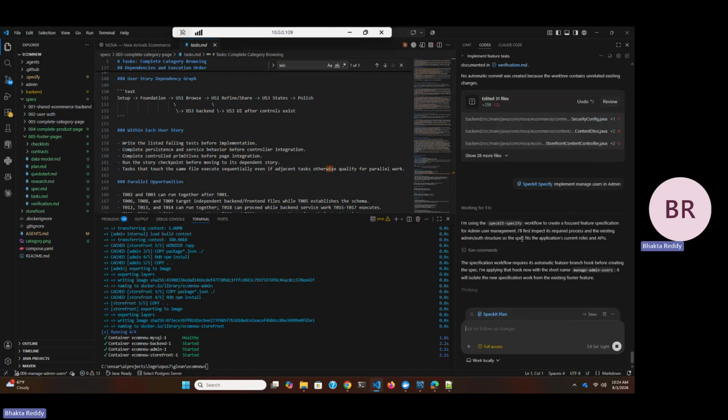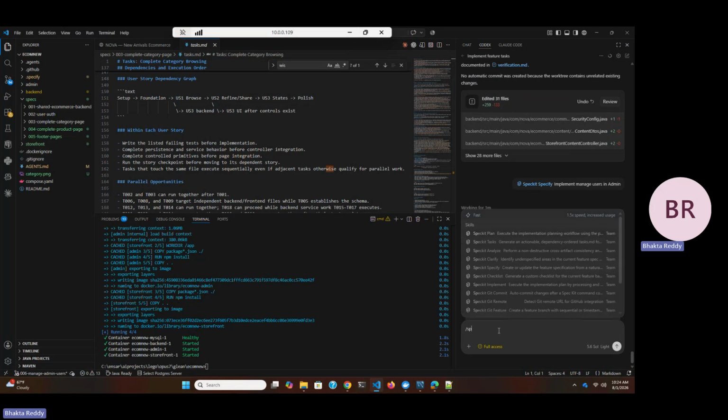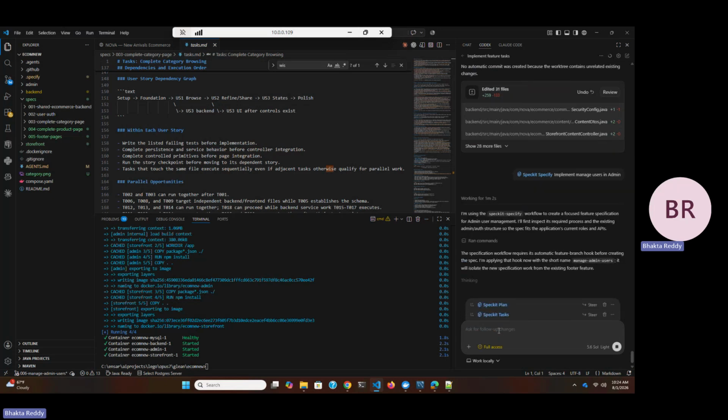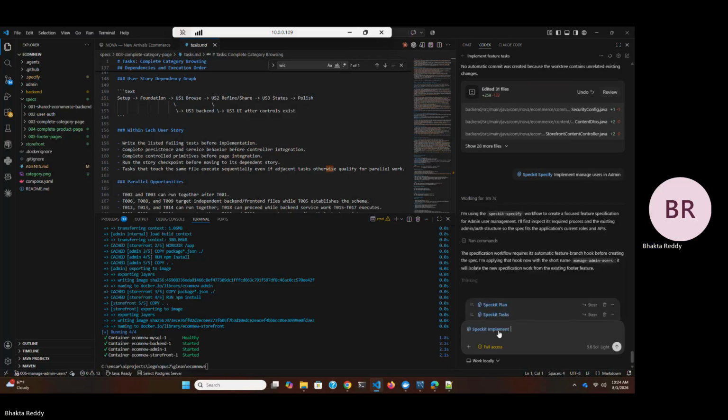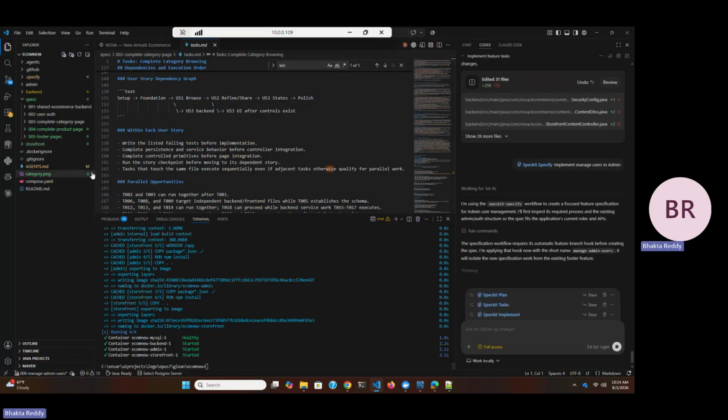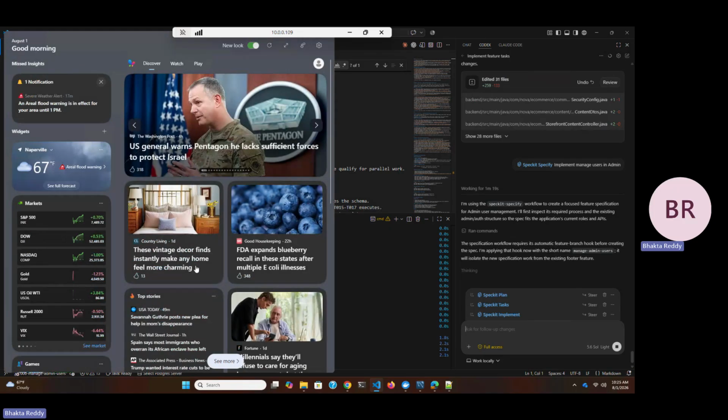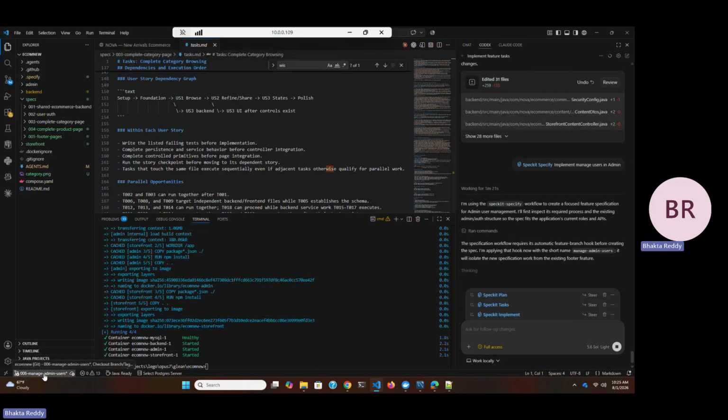Okay, so now it will say yes. Let's see how it is going to create, and then we can say the tasks based on that. It can create them. So now it will start implementing that. First step, it will create the branch, and now